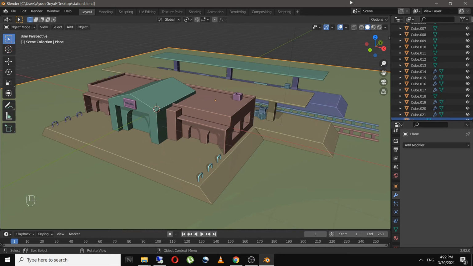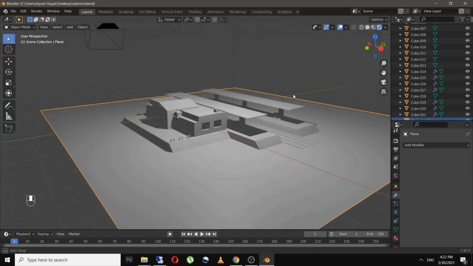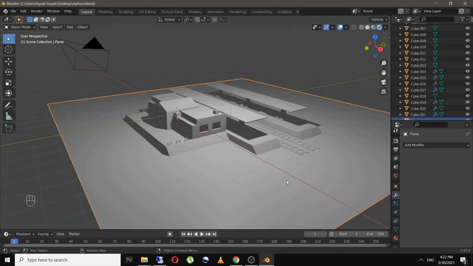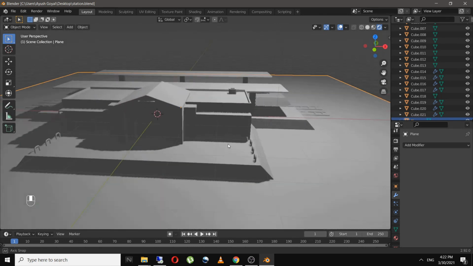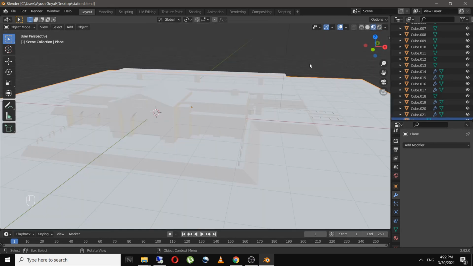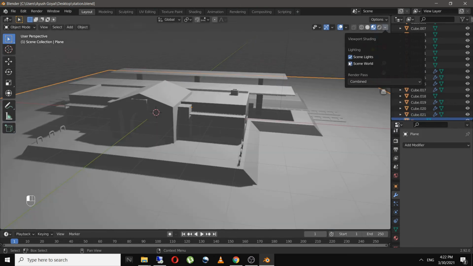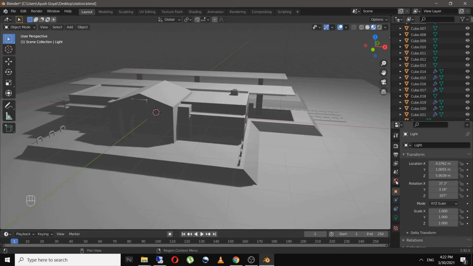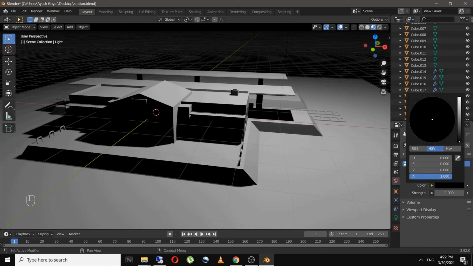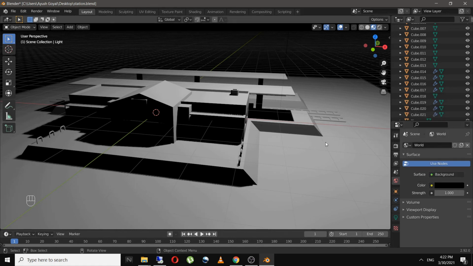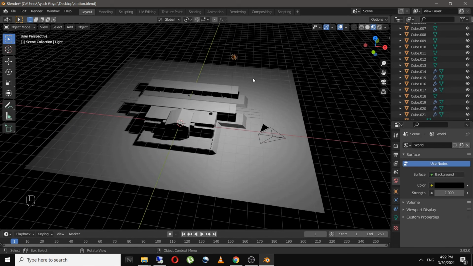Now let's add in the textures and materials. So for that, let's go to the rendered view. So as you can see with the default light, we have this model. Everything is of the same color because we haven't added any materials to it. And when we go to material view over here, enable the scene lights. And now in the world settings, change the color from gray to complete black because I want my background to be black.